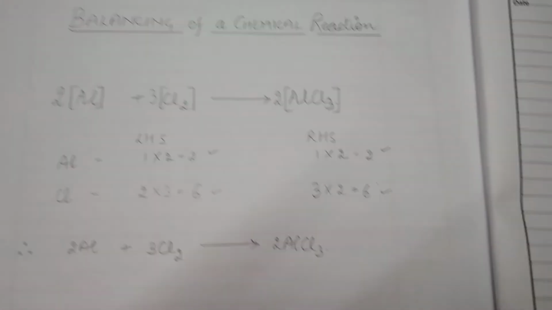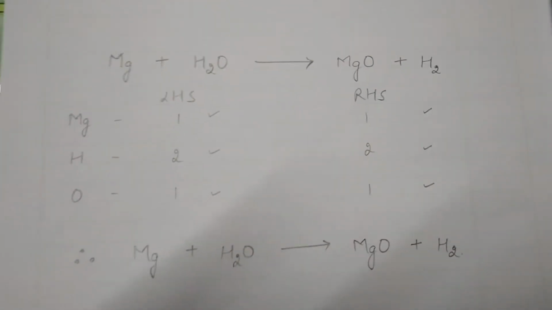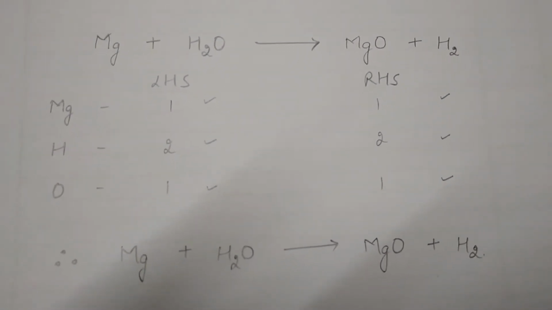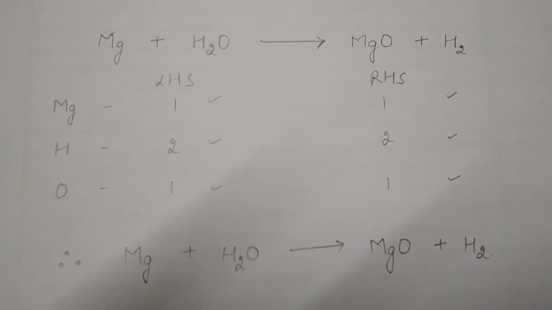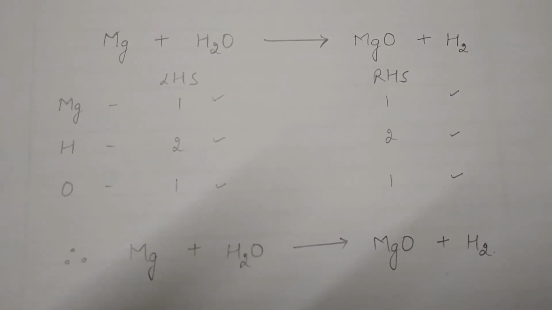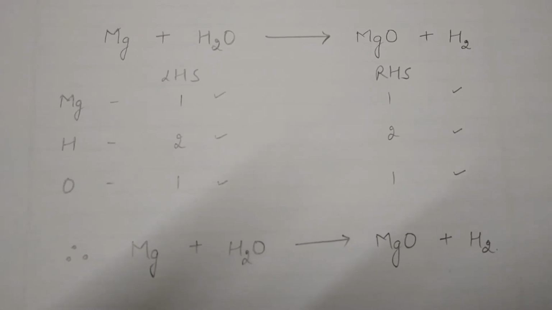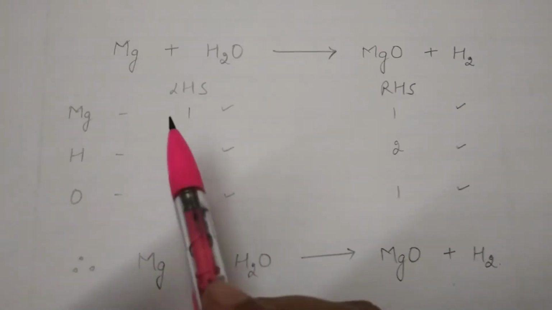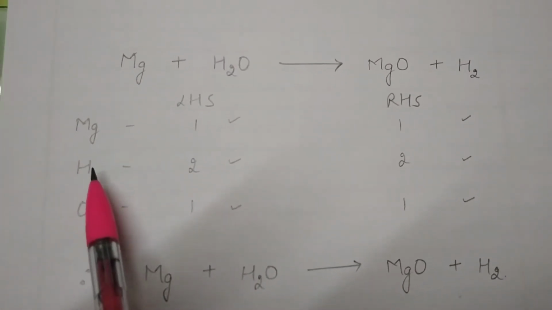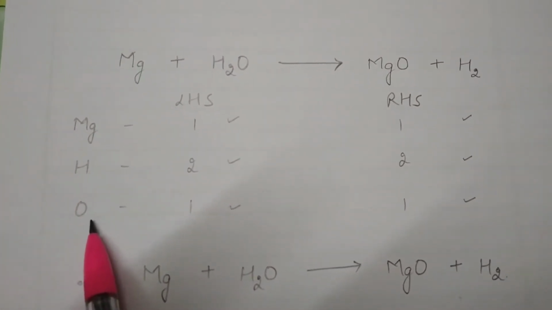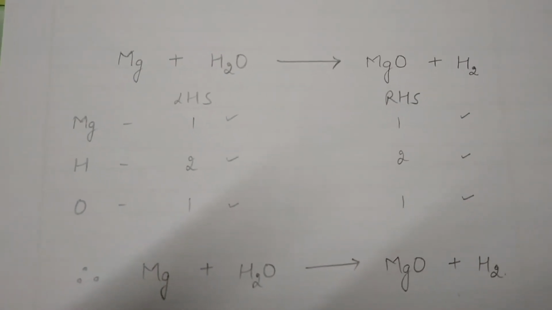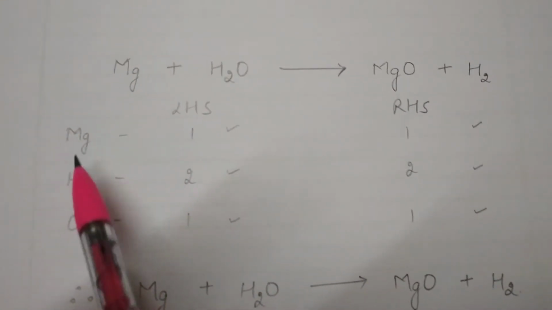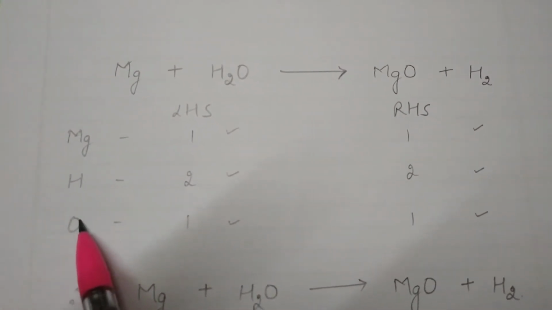To understand this situation, let us start with this reaction which I have written on the lower side. There is a reaction in front of you in which magnesium is reacting with water to give you magnesium hydroxide plus hydrogen gas. Now, the very first thing we need to do is to enlist the elements which are taking part in this reaction. So basically, three types of elements are taking part, that is magnesium, hydrogen and oxygen.